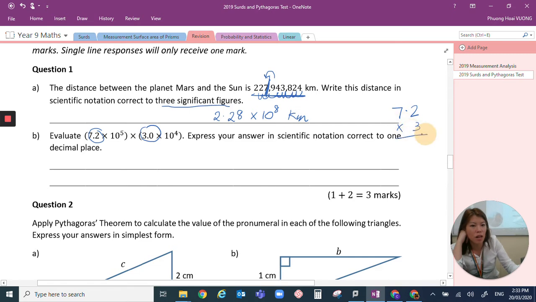Okay, times 3 is 21.6. Oops. 21.6 and 2 decimal places. Yep, that looks good. 21.6, we have our answer. And 5 plus 4 is equal to